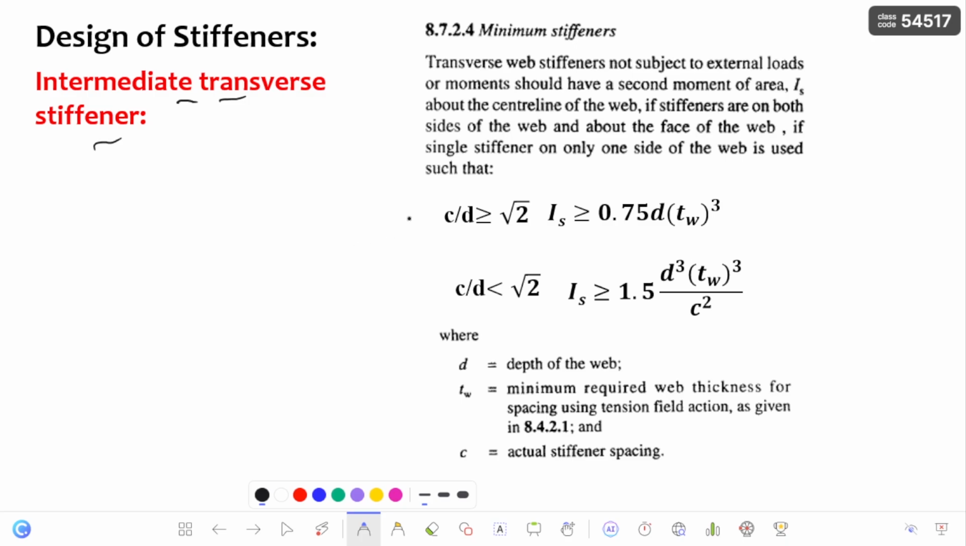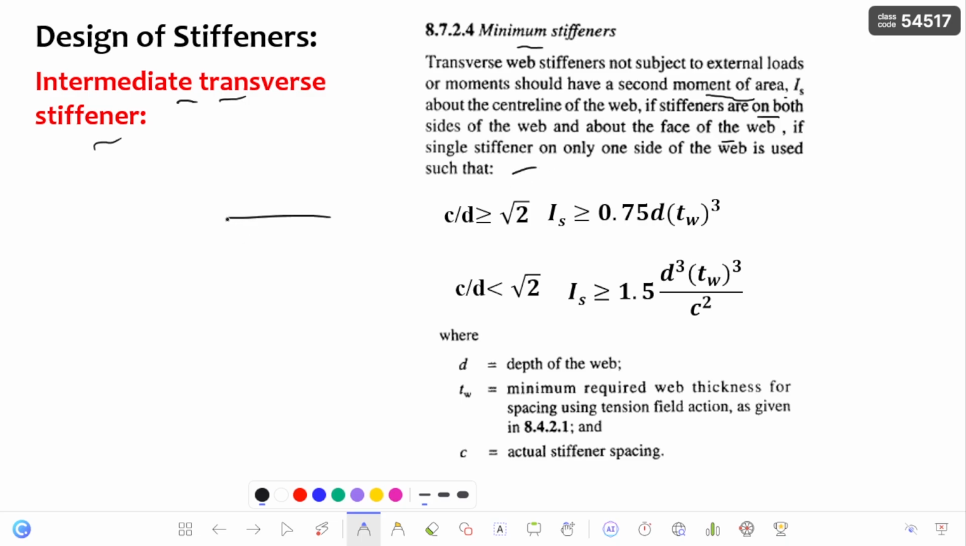Now coming to this codal provision, the minimum stiffeners. Transverse web stiffeners not subject to external loads or moments should have a second moment of area Is about the center line of the web if stiffeners are on both sides of the web, and about the face of the web if a single stiffener on only one side of the web is used, such that